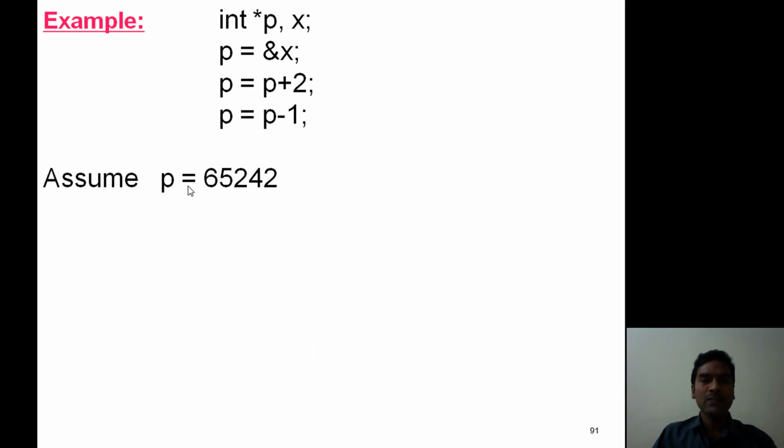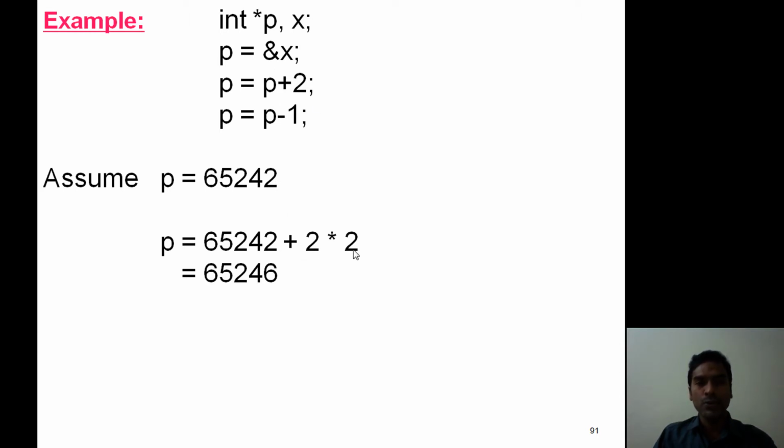Now observe, assume p holds the value 65242. Now apply the operation p = p + 2. Here it converts as 65242, the p value, plus 2 into 2. Why? Because p points to an integer data type variable.